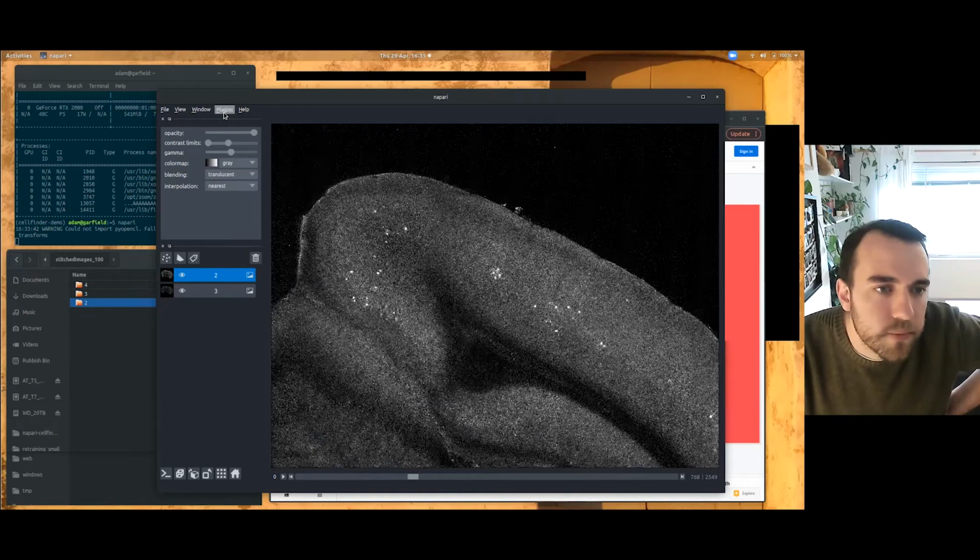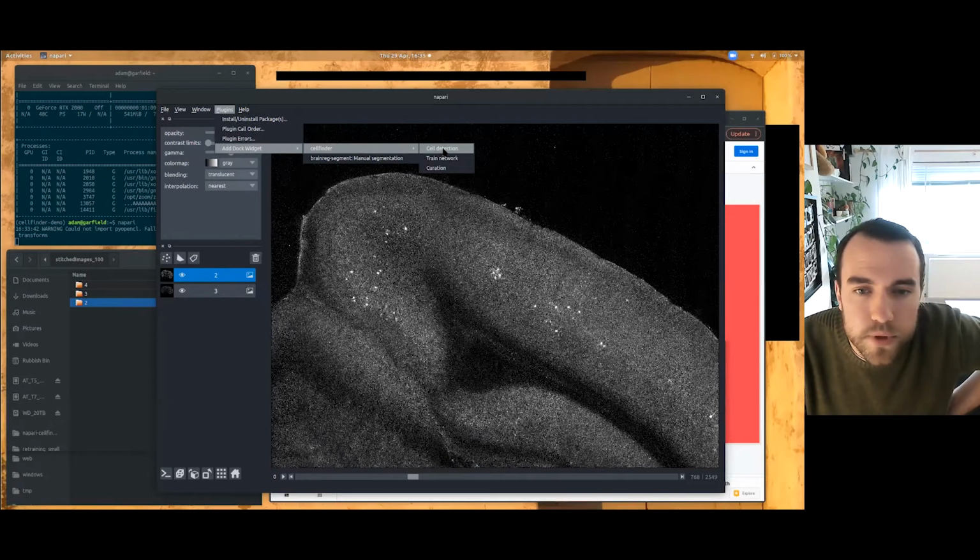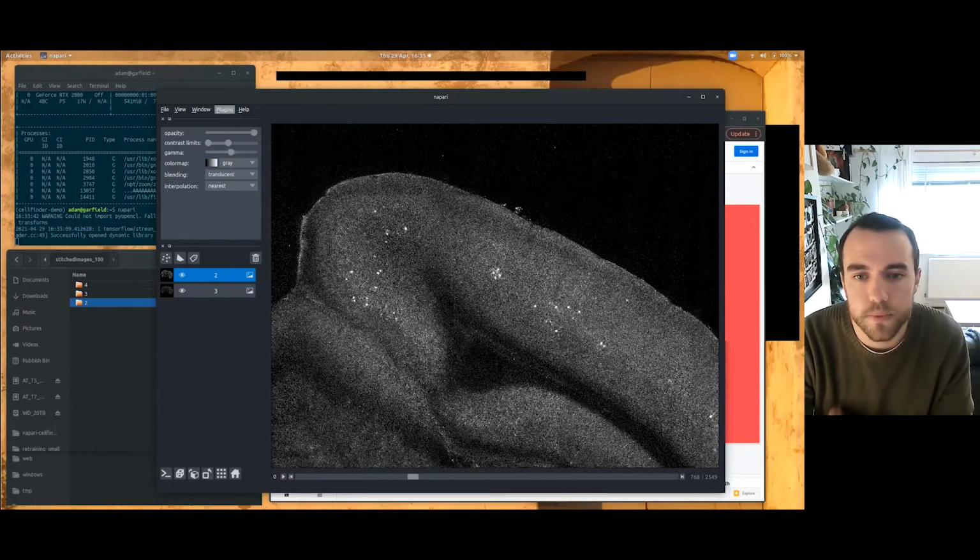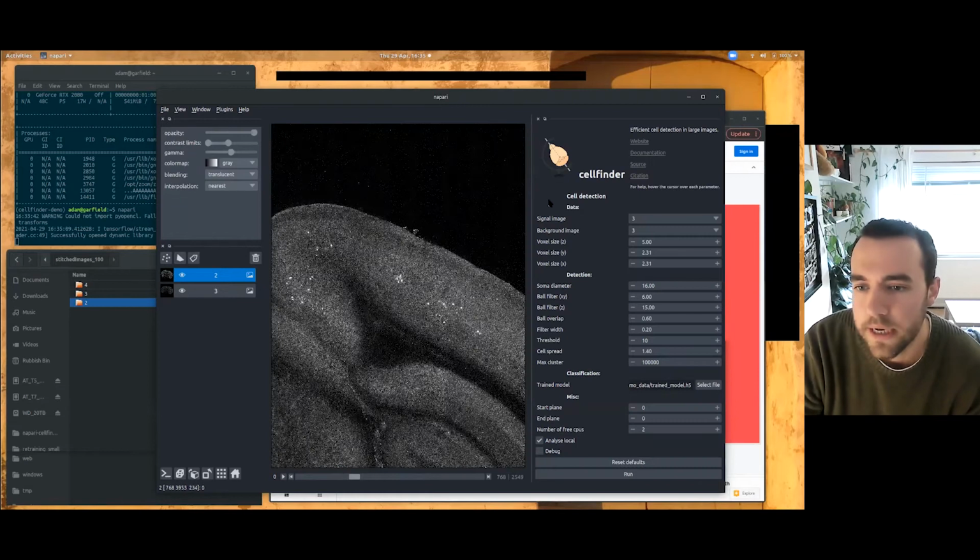So that's the aim of the plugin, is to basically just detect these cells. And so CellFinder actually has 3 separate widgets in the plugin. We'll load the cell detection one.